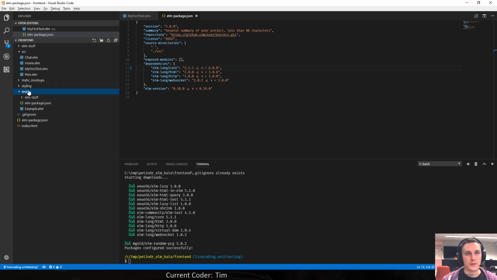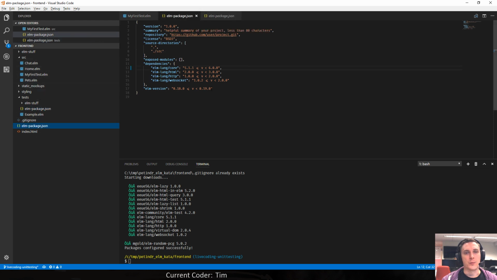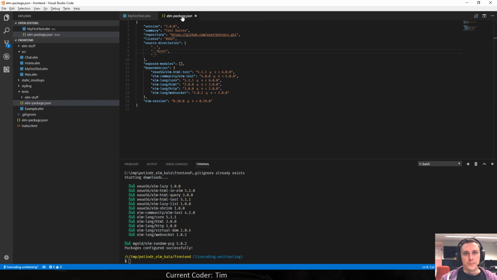And your tests directory has a separate elm package.json file, which is already configured to be running for your code that's been set up in this other elm package.json for your regular project. A lot of stuff has been added as dependencies for you, so that's great.